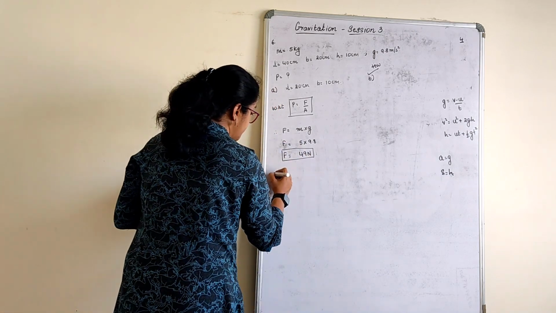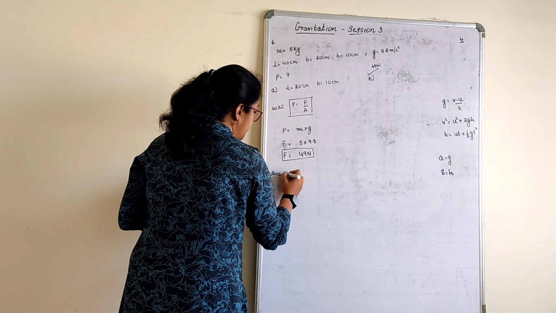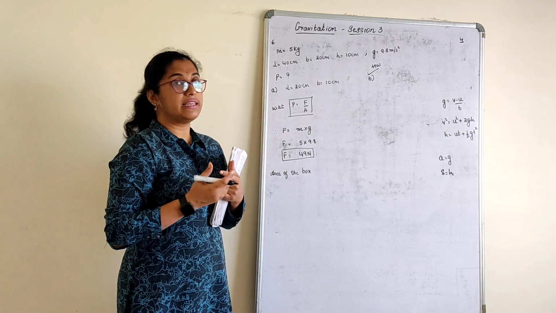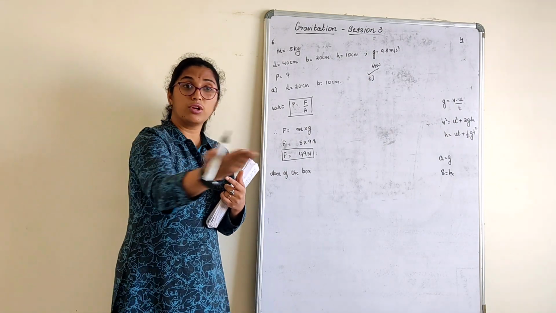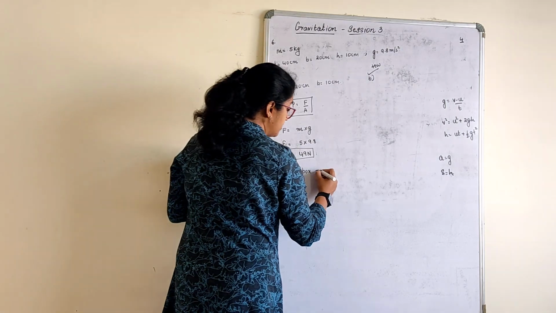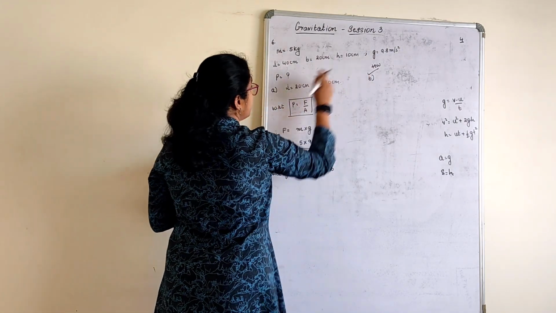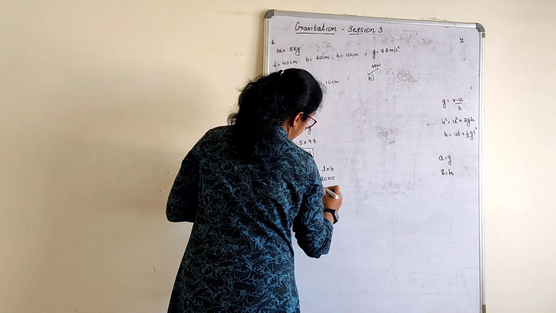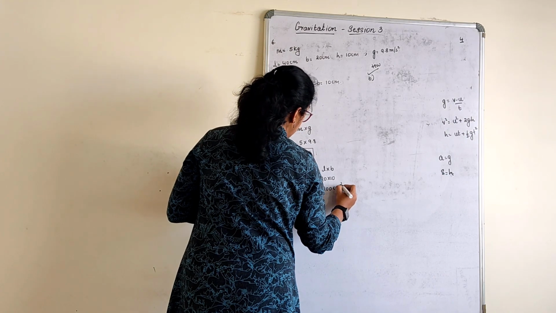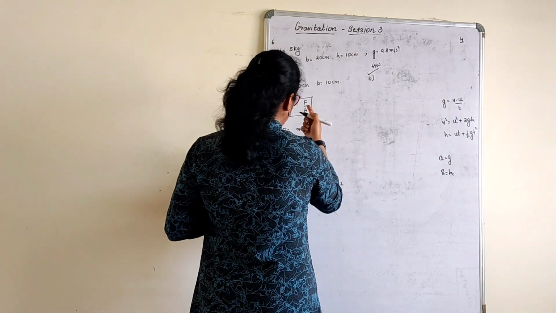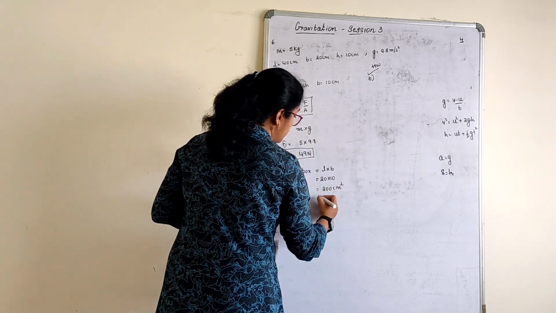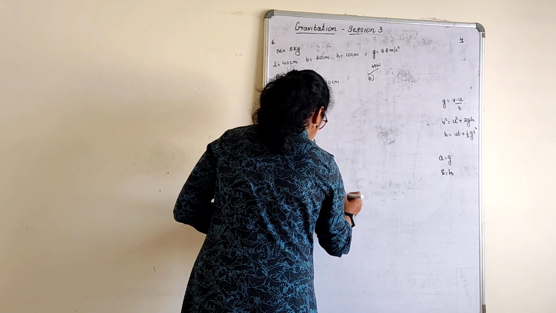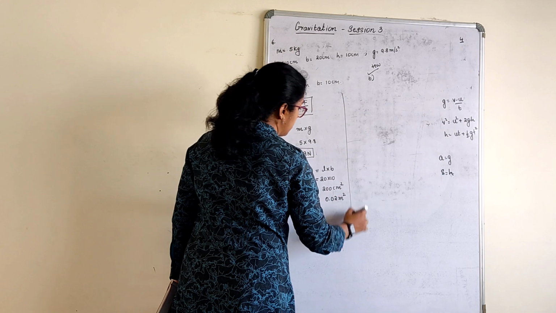What about area? Area of the box. Now, area of the box, we are not finding TSA or CSA. We are only finding the box on which part it is lying. That is nothing but length into breadth. Now, how do you know which is length and breadth? They have already given you here. 20 into 10, 200 centimeter square. But here you want area in terms of meter square, because this is in terms of Newton. So let us keep this in meter square, 0.02 meter square.